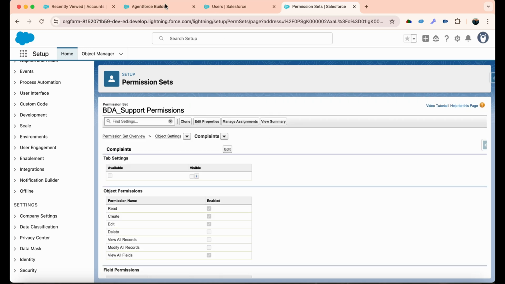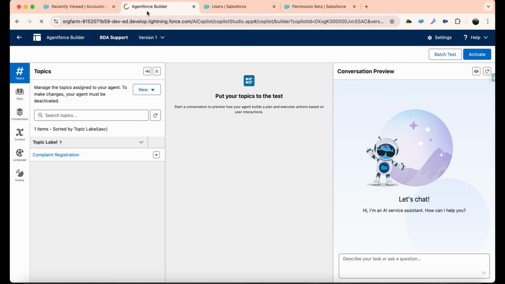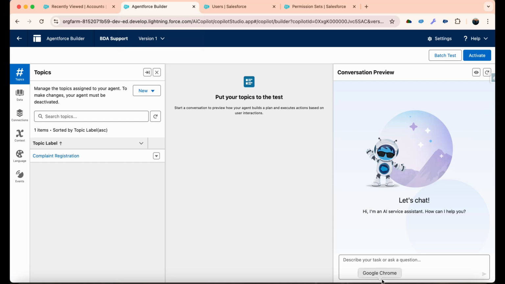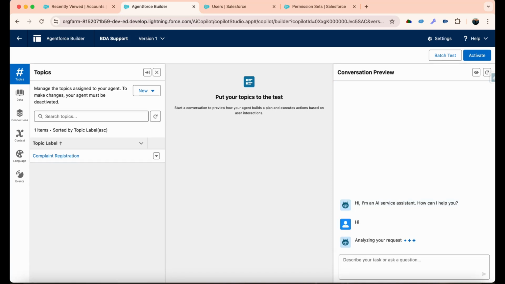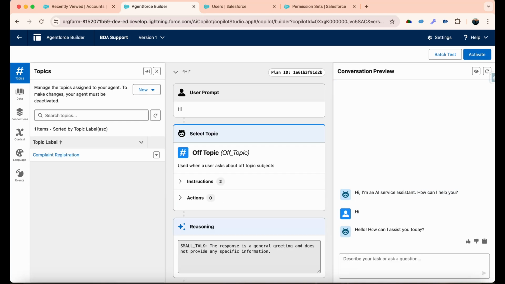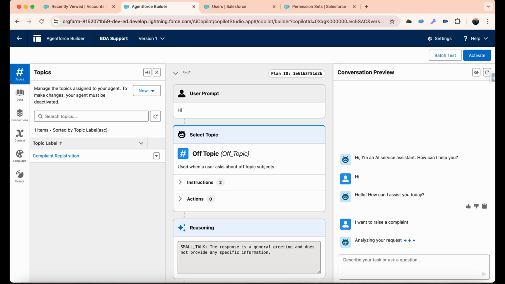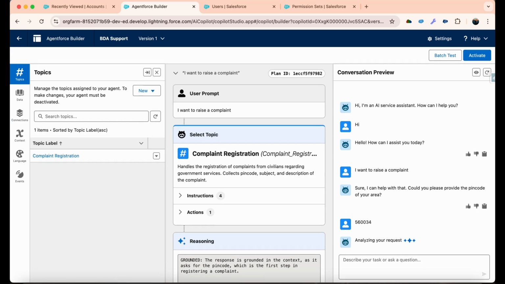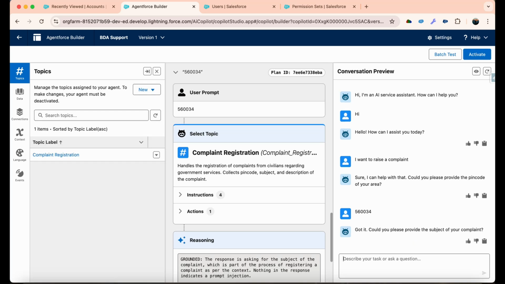Now we will go back to the agent builder. Let's refresh it first. And now we will start our conversation. Hi, I want to raise a complaint. So it asks the pin code. So let's say the pin code is 50034. And then the subject. So subject is water logging